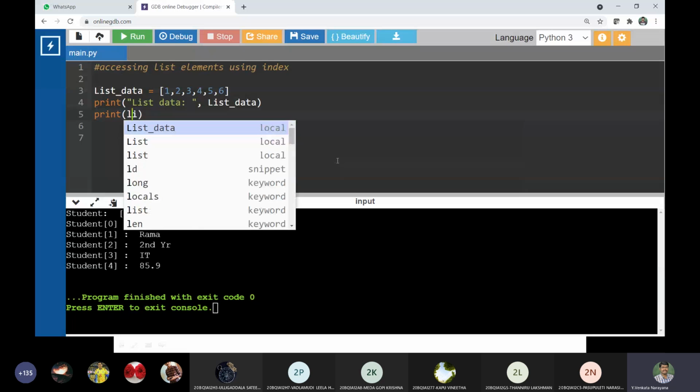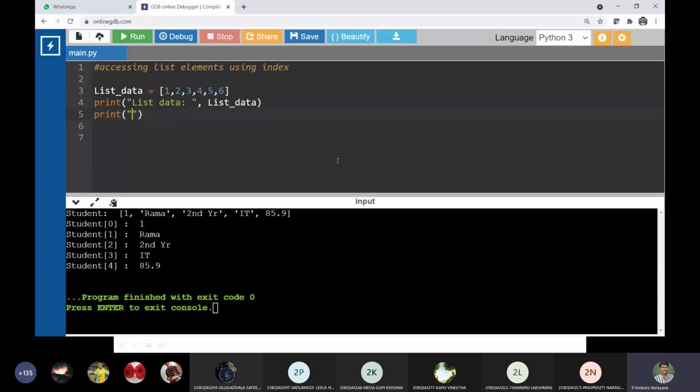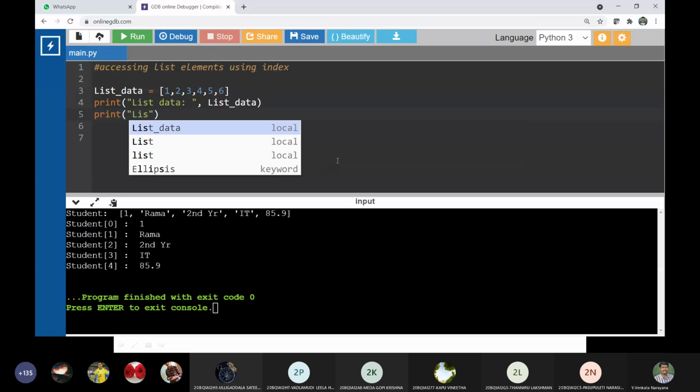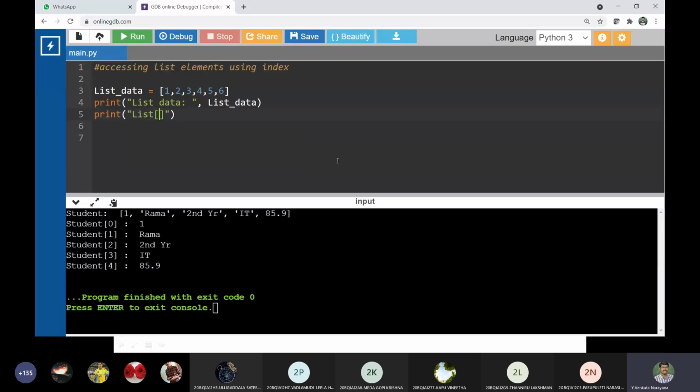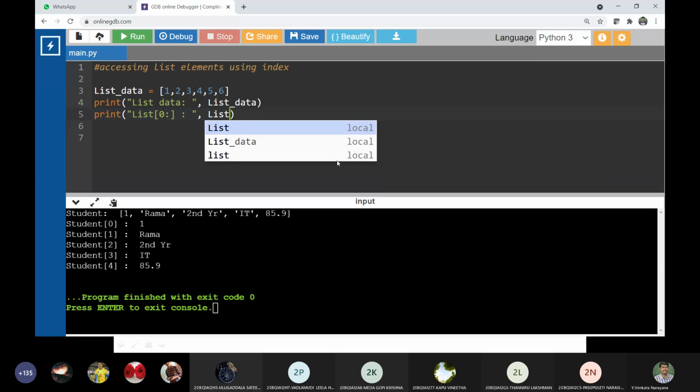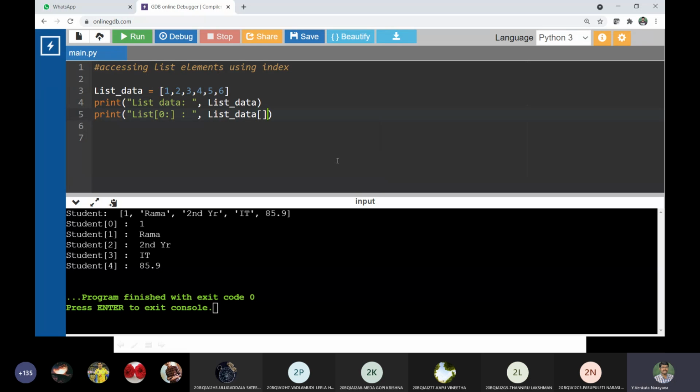So list, let it be like this. List of the first one, I think it is from 0 colon. I did not specify the ending index. So the list data starts from 0 and the ending is not specified.